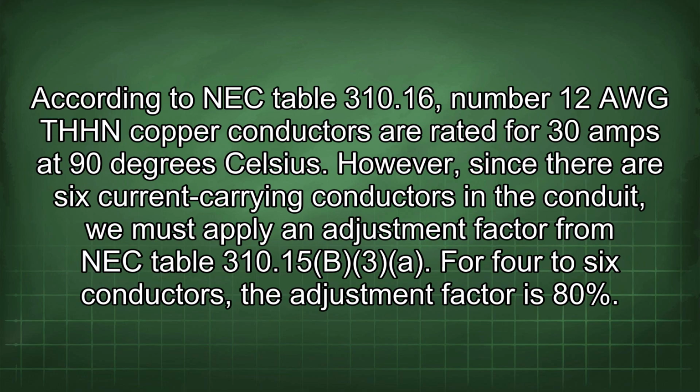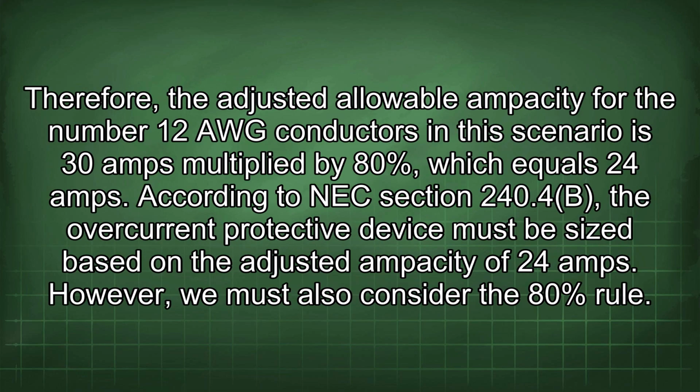According to NEC Table 310.16, number 12 AWG THN copper conductors are rated for 30 amps at 90 degrees Celsius. However, since there are 6 current-carrying conductors in the conduit, we must apply an adjustment factor from NEC Table 310.15(B)(3). For 4 to 6 conductors, the adjustment factor is 80%. Therefore, the adjusted allowable ampacity for the number 12 AWG conductors in this scenario is 30 amps multiplied by 80%,